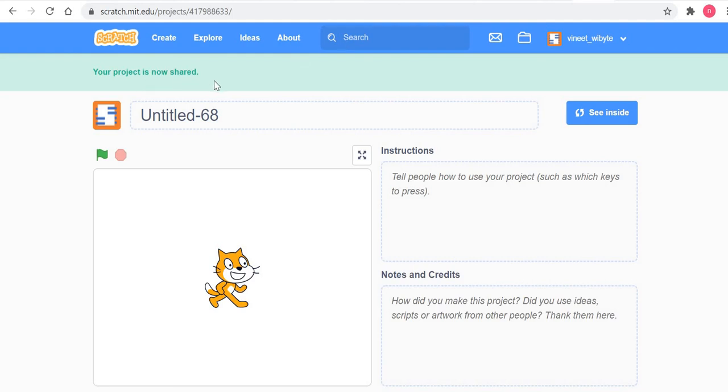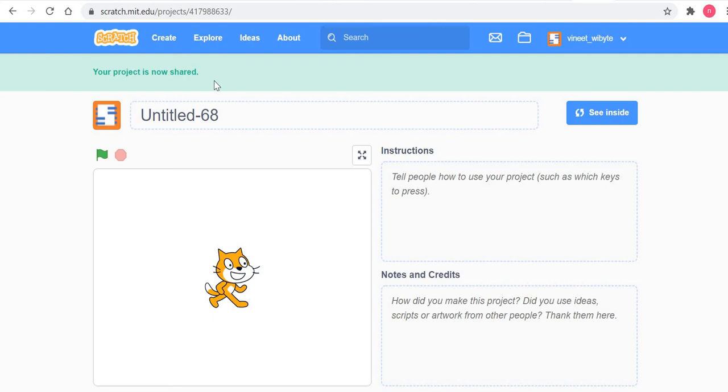What this means is that anybody on the Scratch platform can now view this project. Anybody can play it, anybody can see inside the code, anybody can get ideas from this and so on. So this is the first step to submitting your project. Remember, the first step is to share your project, because if you do not share, as evaluators we cannot view your project, so you must share it.